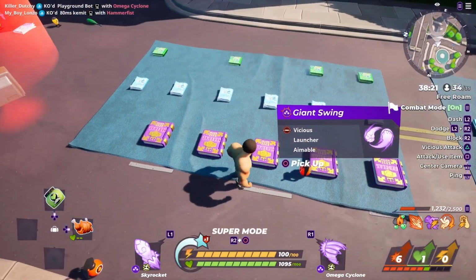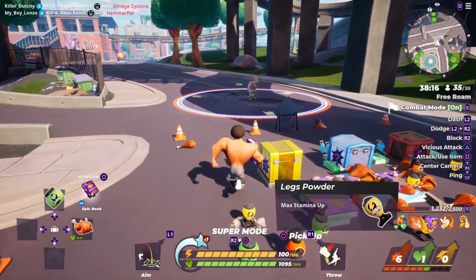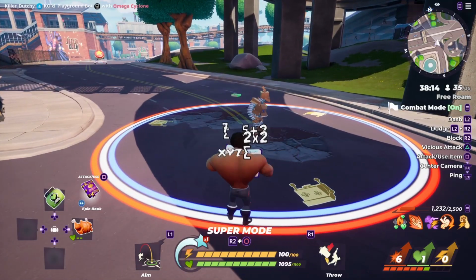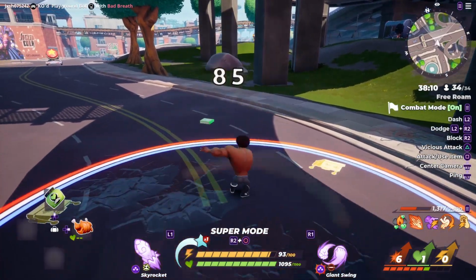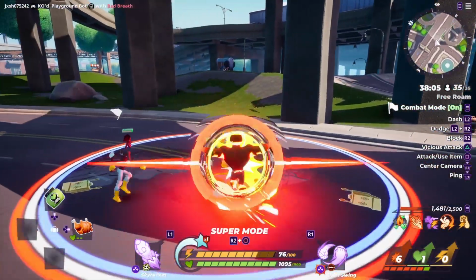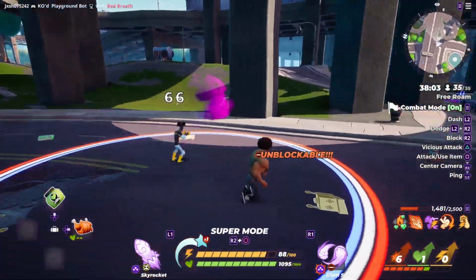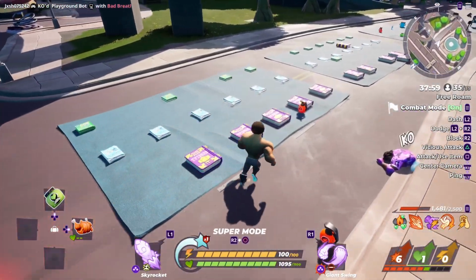Alright, now let's move on to Giant Swing. Now Giant Swing is very similar to Cyclone, except it's a grab move. Now instead of you swinging around fully, you actually grab the target and fully swing around. Now just like the other move, this is actually really good against multiple people if you can pull it off. A lot of the time when you're actually fighting multiple people, you'll be hit. So just like over there, I would have been knocked out of that attack, even though I was trying to